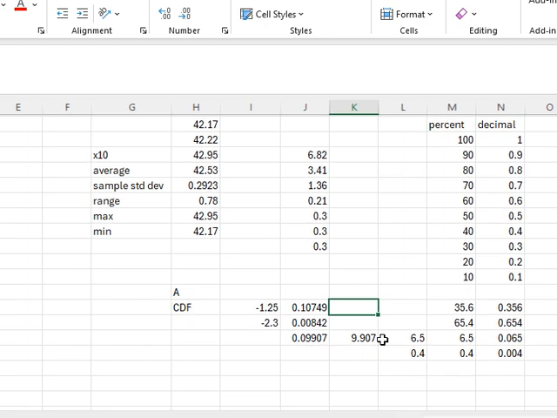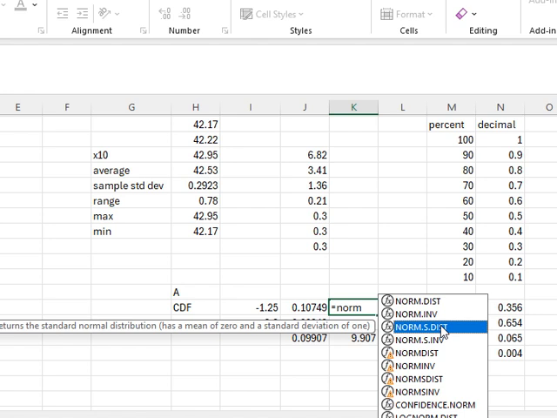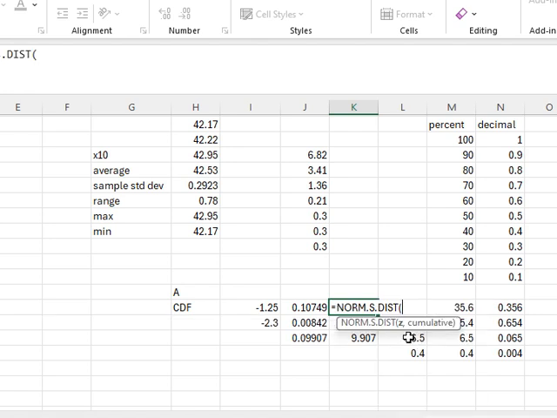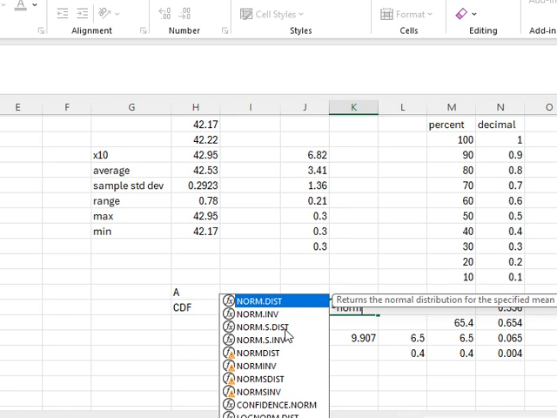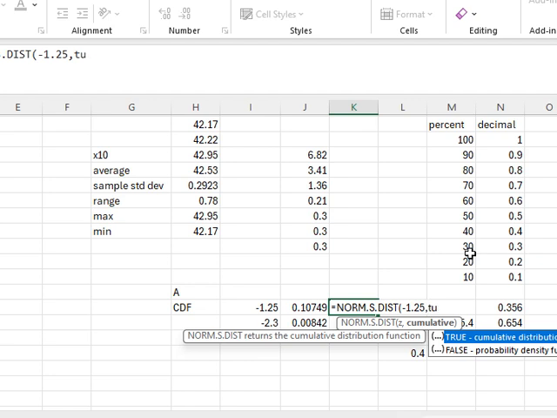an easy way for you to get it by using a z table manually and calculating right here instead of using NORM.DIST. Because if you use NORM.DIST, you can also do a norm distribution for sample, which is going to be this one. You need the z number and then the cumulative. I'm going to show you why there's a little bit of difference. NORM.S.DIST is for sample, and that's for population. So we are going to use the sample, and your z number is minus 1.25, and of course we give it TRUE because we're looking for the cumulative distribution function,